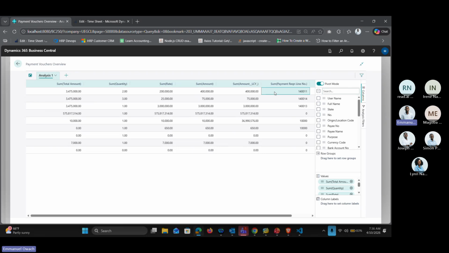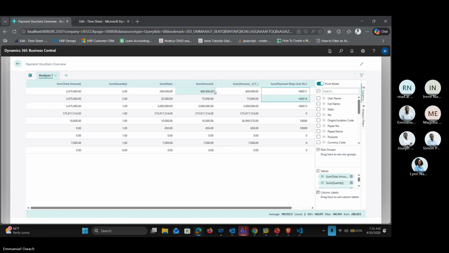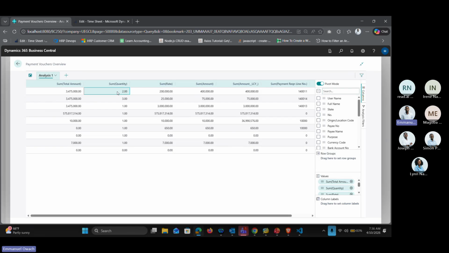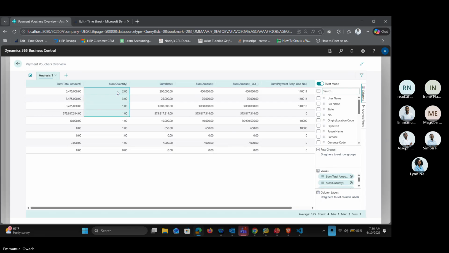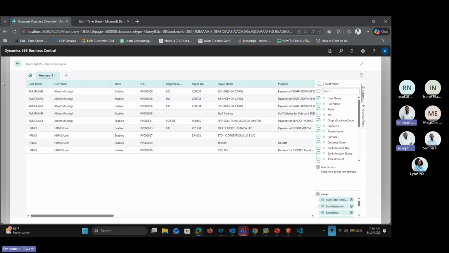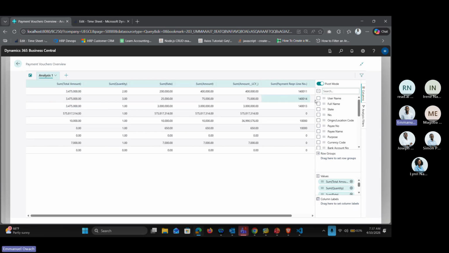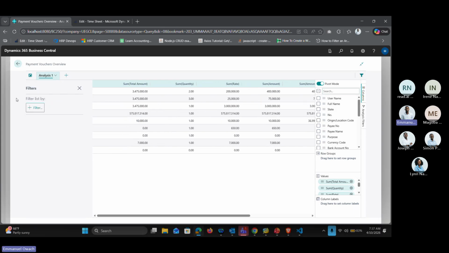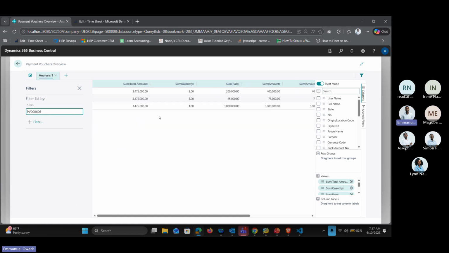I'm just going to select a few lines here. I'm going to sum up on the quantity. Maybe before we even do that, let's break it down for one specific number column, and I'll add a filter where number is that. Okay, so filtering here,